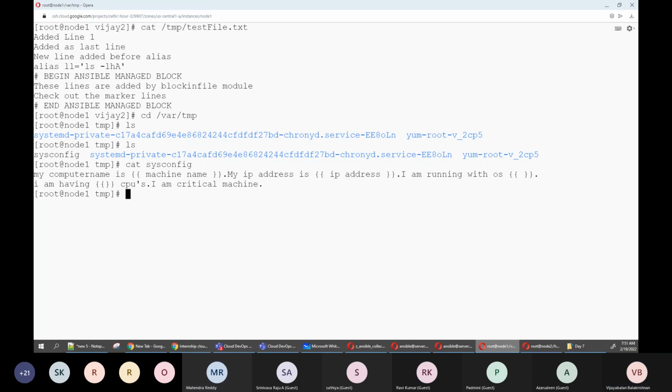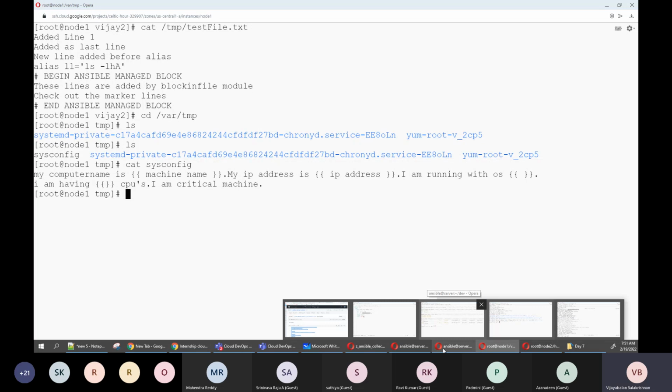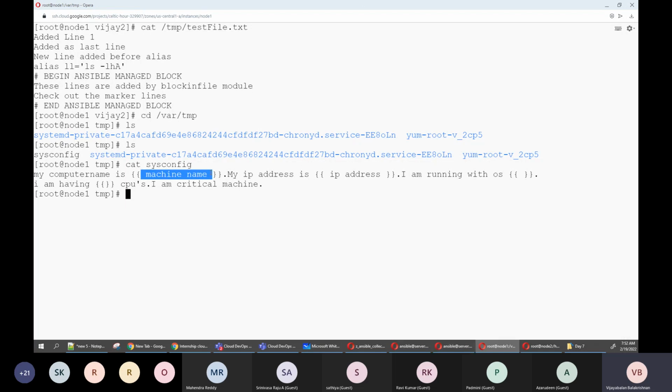Any idea? Normally we call it environmental variables. No, here there is no need. Even see, it is a plain text file, where if you use environment variables, again you need to pass the values. But you are simply copying to all machines. While copying, how do you pass them? That means again you are going to declare all values, all IP addresses, and which machine for which OS. That is a real nightmare.